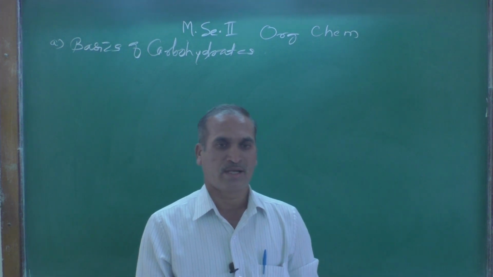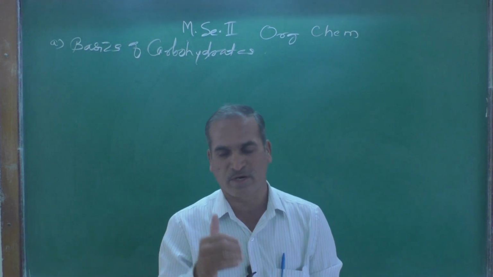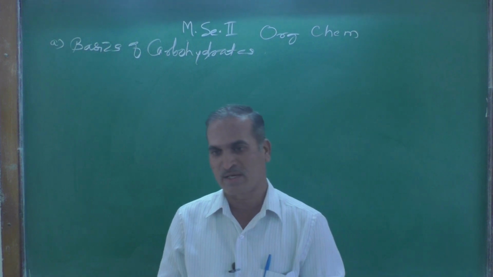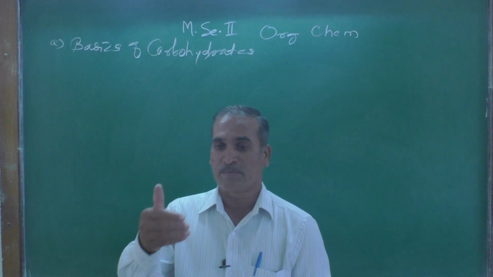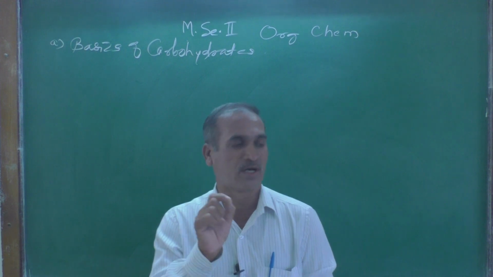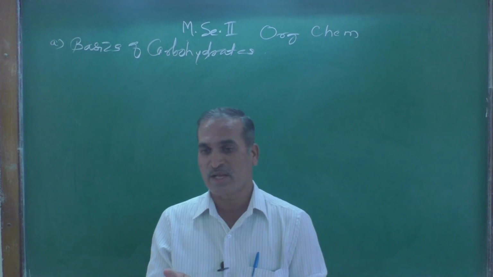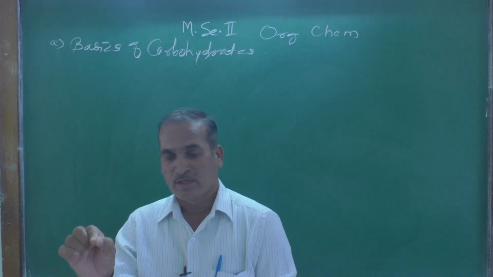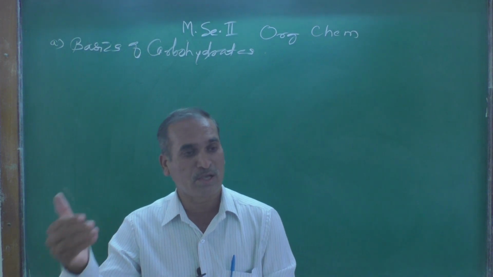And as we know, chiral center means what? The carbon atom that carries 4 different groups is known as a chiral center, or the alternative name of that chiral center is asymmetric carbon atom. Depending upon the chiral centers, 2 raised to n. If you observe the structure of glucose or aldohexose, there are 4 chiral centers. So 2 raised to 4 is equal to 16. So 16 different optical isomers we are getting.